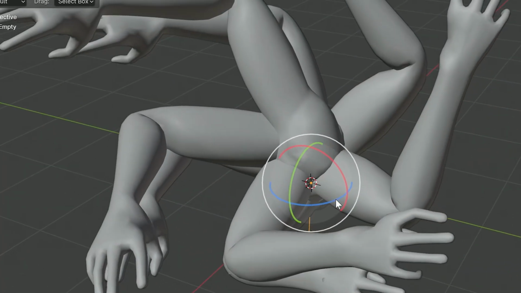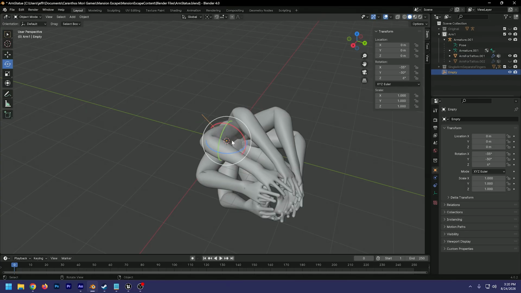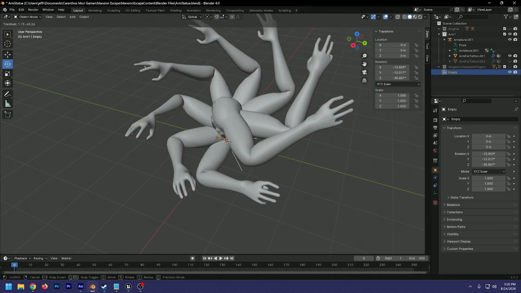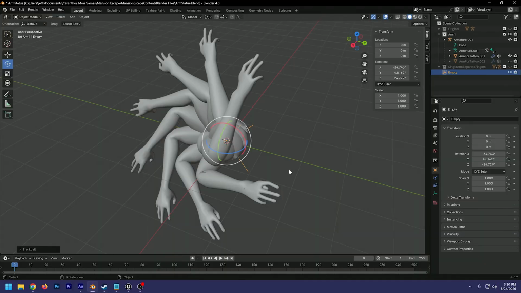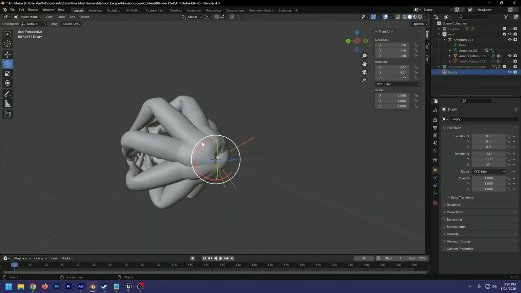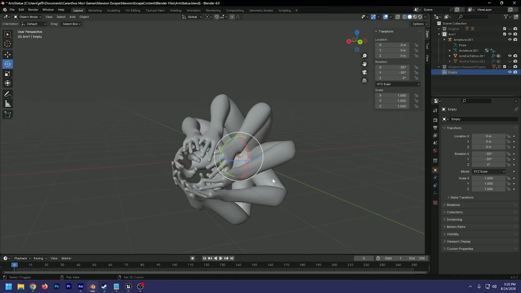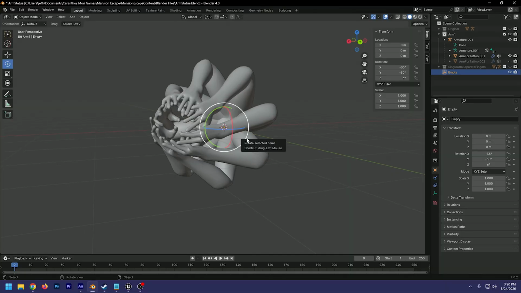I'm not opposed to this, but after playing with it for a bit and then rotating and getting all kinds of creepy shapes, I finally decided, actually the one I wanted is the one that we have right here. All the hands are bent in towards holding an orb. The orb will be important for the puzzle as well. We're going to take all of this and export it with the modifiers included into an FBX file, import that